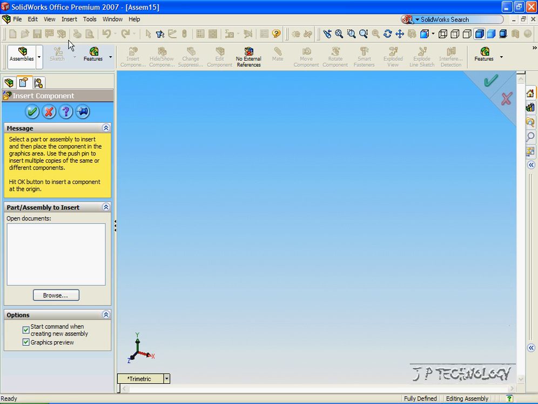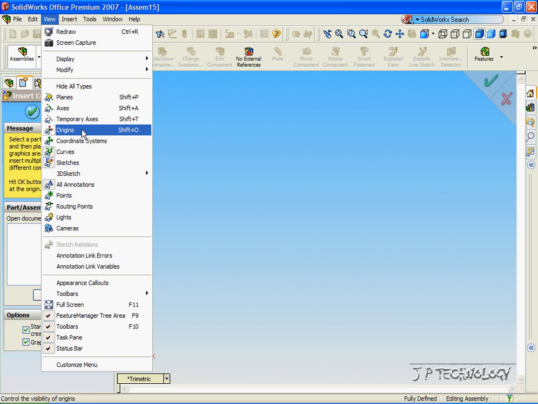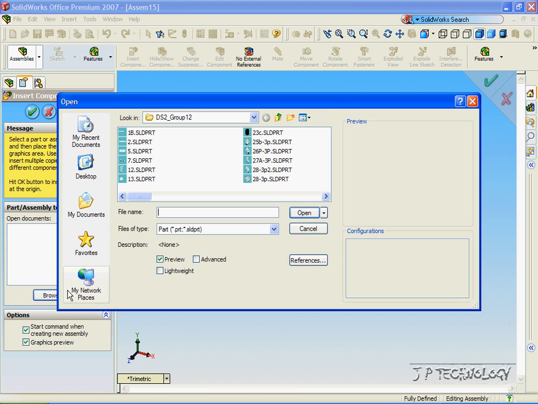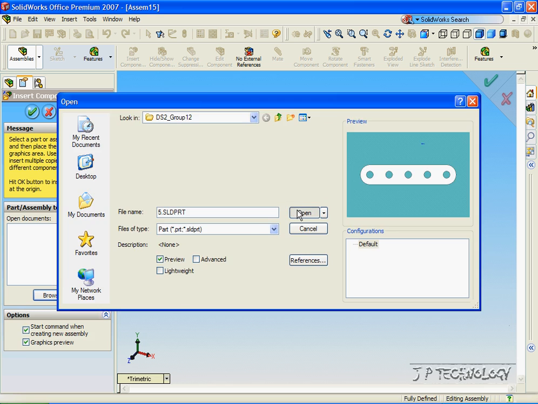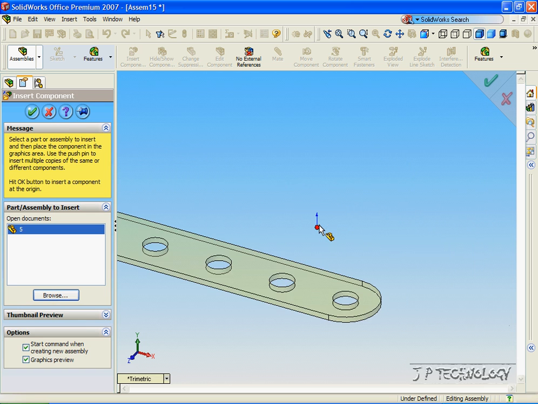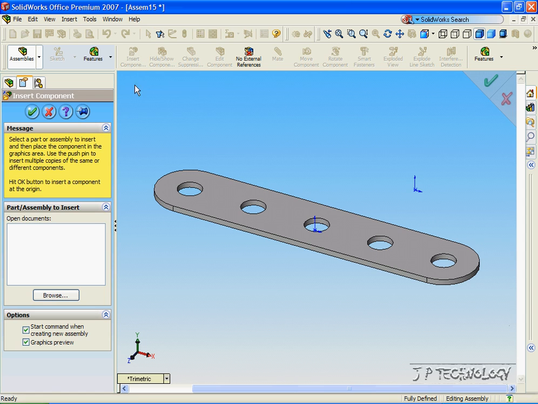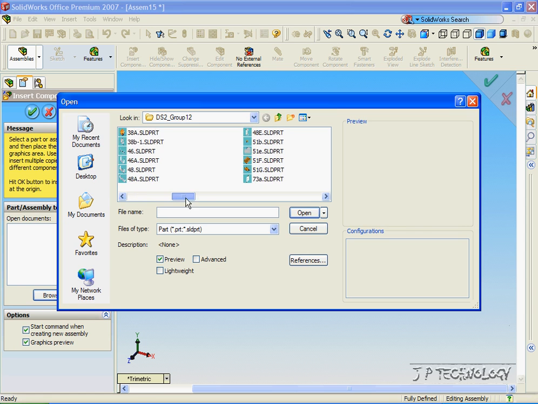So let's click View, click Origin, and now to get our parts, let's click Browse, and all the parts will be found in the DS2 Group 12 file. So click Part 5, click Open, and let's put it right on the origin. Now let's insert another component. Let's get the axles. So let's click Browse, and let's get axle 40